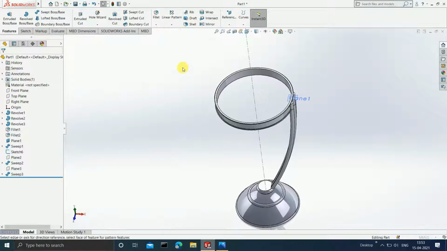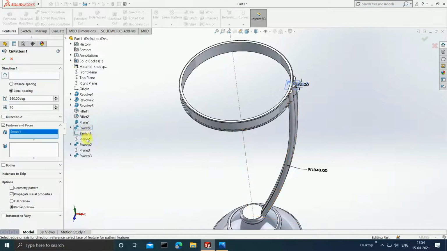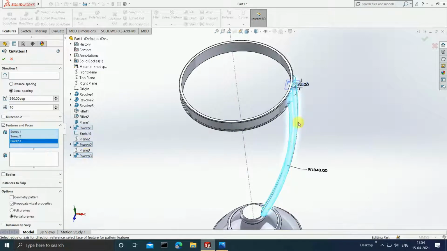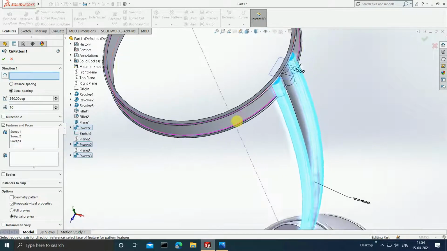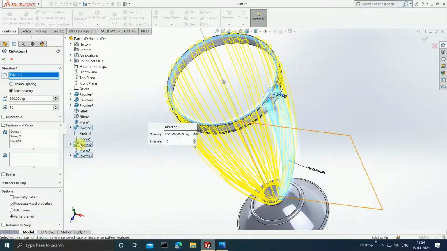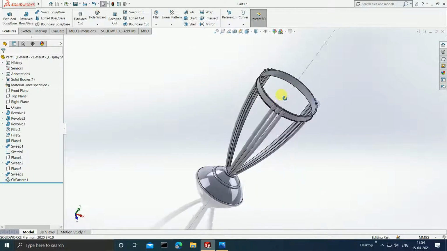Okay, so click on circular pattern here, and in the features pattern, select this particular feature, or rather what you will do is that deselect this, delete here, go to your select sweep 1, sweep 2 and sweep 3. Okay, after this thing is done, now you can click on direction, and in the direction select any particular circular direction. See this, and how many instances do you want? You want only 3 instances. Okay, now when this is done, click on OK. See, can you see?